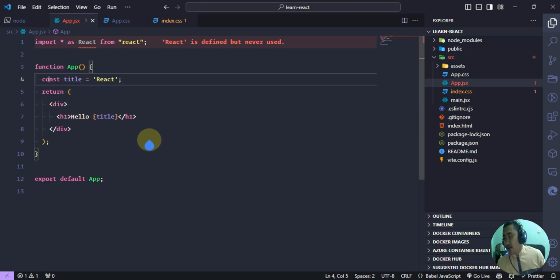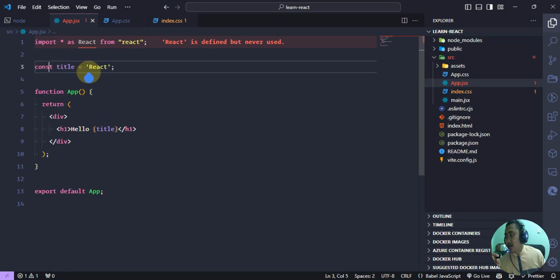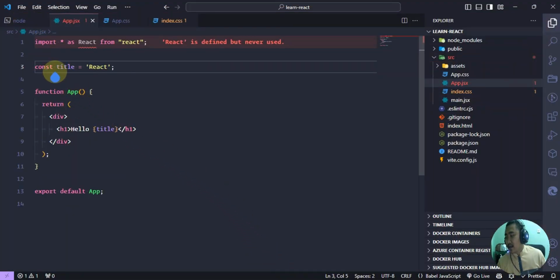So to avoid that, if the variable is not really needed by the function body, let's just put the variable outside of our function like this. So we will define the variable only once, and it will not be redefined whenever the function is called. The result in the browser will be the same. See, but the variable will not be redefined whenever the function is called.